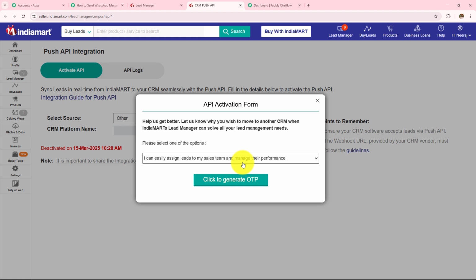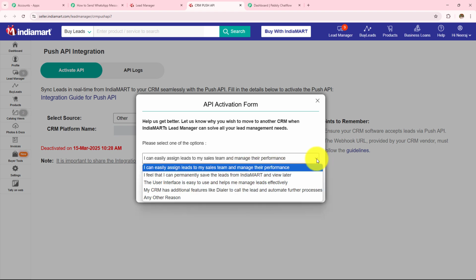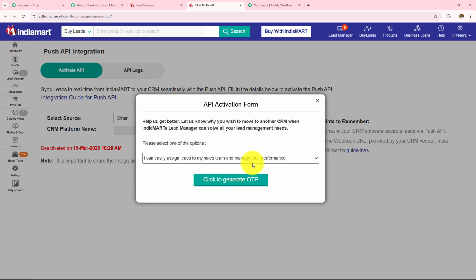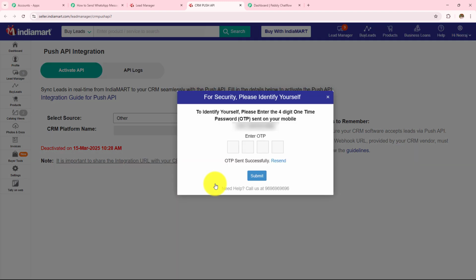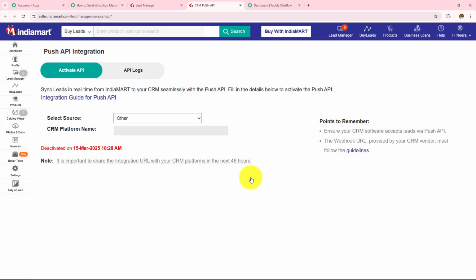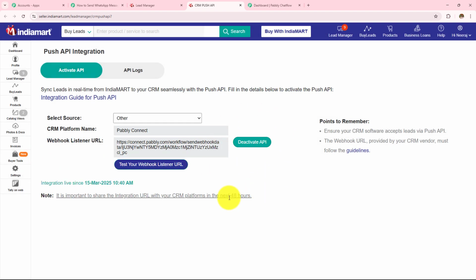details. Now I need to select the reason why I want to connect my Pabbly Connect with IndiaMART. In this drop down, I can find all the reasons. I'm simply going to select this one, as I can easily assign leads to my sales team and manage their performance. You can select according to your choice and preference, and after selecting that, we simply have to click on this click to generate OTP. Now here I need to enter the OTP which I have received on my number. Now that I have entered the OTP, we simply have to click on this submit. So here I have successfully added the webhook URL which I was provided in my Pabbly Connect workflow